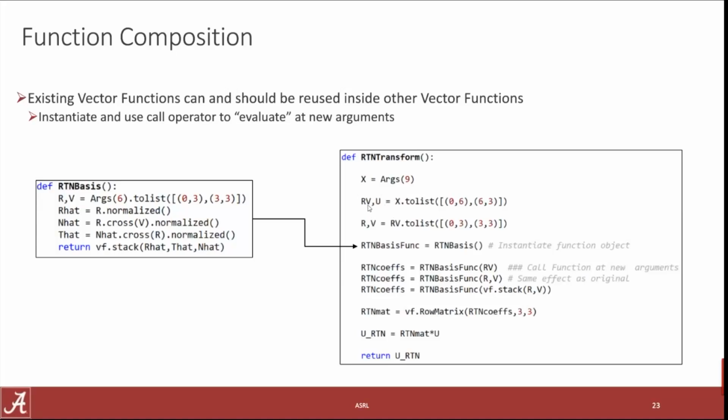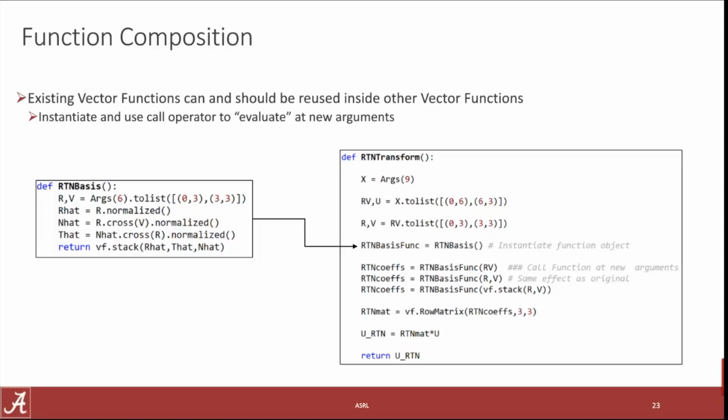We can break those arguments apart into the first 6 are position velocity as a size 6 vector. And then the last 3 is going to be the control vector. And then again, remember, you can even sub-partition these vector functions because they retain their vector function object type. So we can then say, hey, R and V are actually rv.toList, and we're going to break it apart into the first 3. So this is more for example. In practice, you would probably just break it apart into RV and U. But then when you want to do some operation on the R and V functions, you don't need to rewrite code,